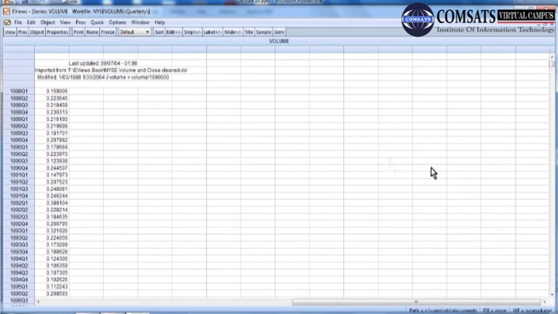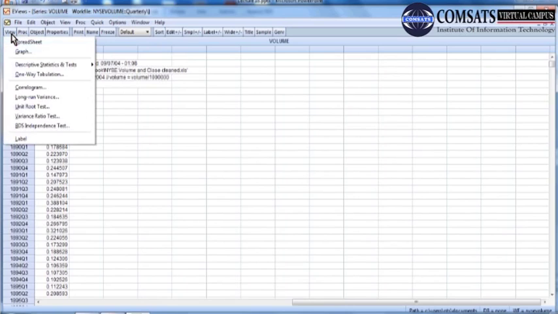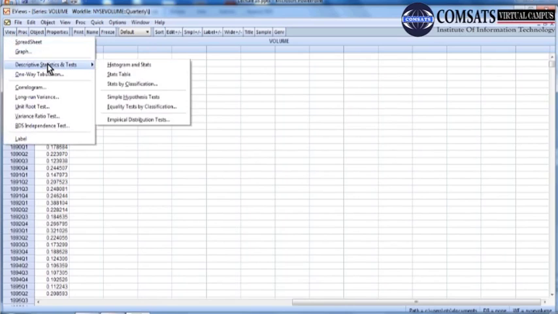Now, what characteristics can be drawn about a single variable in eViews? If you go to the view and then you see the descriptive stats. Are you with me? If you go to view and then descriptive stats and tests, there are different options: histogram and stats. This is the first option.